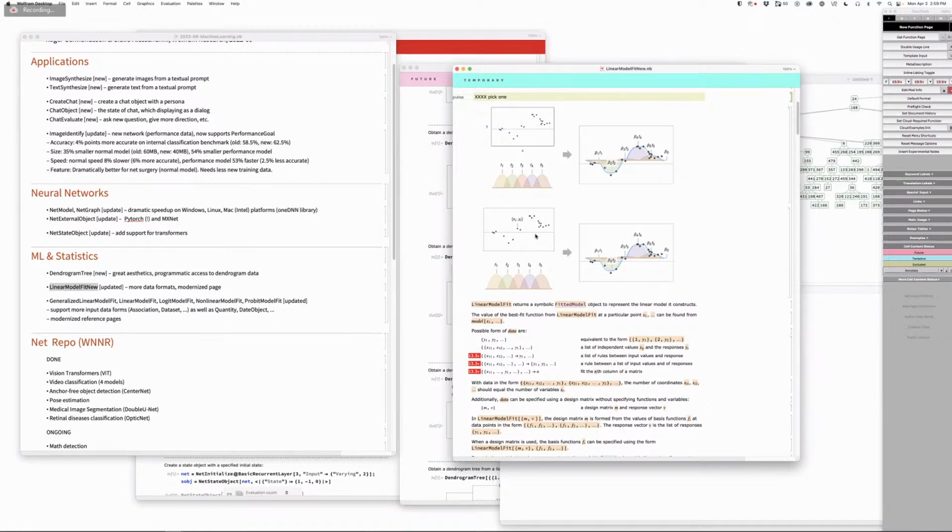Great. So we had all the syntaxes ready for Dataset and Associations, but we need to have some more thought in terms of how this has an effect on model specification and variable specification, because this stuff was like NDSolve, where you give the function and also the list of variables, which doesn't make much sense with Association and Dataset. So instead of rushing this, we're trying to make a solid design.